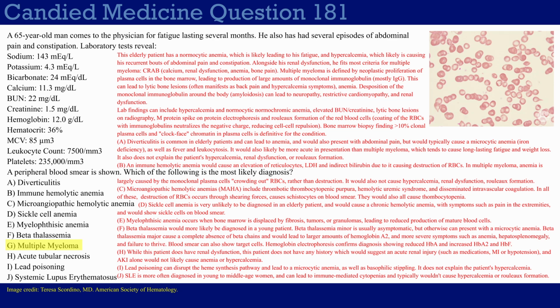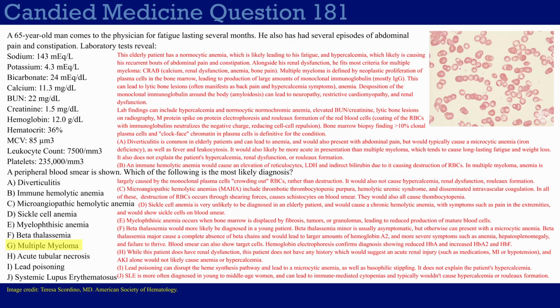So this overgrowth of plasma cells can lead to the characteristic lytic bone lesions. And this will manifest in a lot of questions as back pain, some kind of bone pain, or just obviously hypercalcemia like you see in this patient, which is why this patient has abdominal pain and constipation, right? Because that's a symptom of hypercalcemia. So, like I said, you have a bunch of plasma cells growing in the bone marrow, and they basically crowd out the red blood cells or the erythropoietic cells, and that's why you get an anemia in multiple myeloma. In addition, the plasma cells of multiple myeloma will produce lots and lots of a monoclonal antibody, usually IgG,